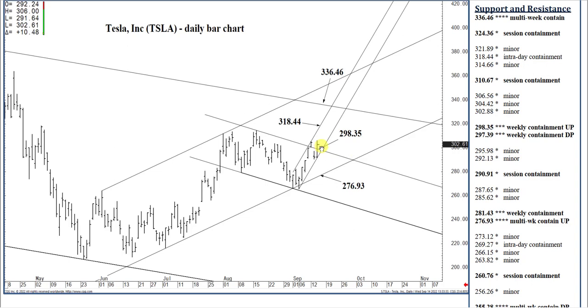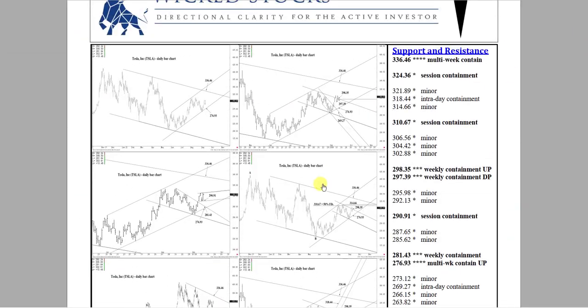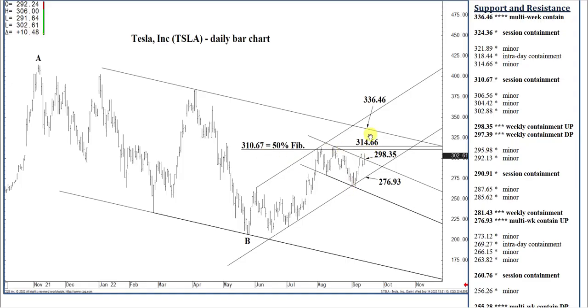I'm not going to call this session containment. Well, let's put it this way. It may well contain daily buying pressures, probably would, but it's rising at such a steep rate, and the fact that we're in the midst of a buy signal, and if we close above 310.67, this 5/8, today, we could have a nice accelerated rally by the end of next week. In fact, that's what I would expect. If we close today above 310.67, by the end of next week, we should reach this 336.46 targeted channel top,